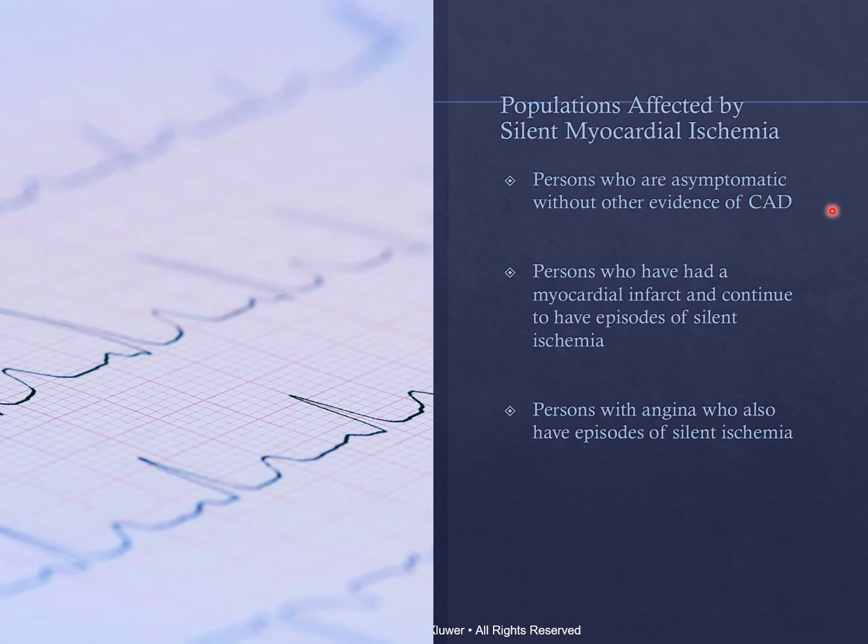And people with angina also have episodes of silent ischemia, meaning sometimes they might experience angina and other times they might have a lack of blood supply to the myocardium that doesn't manifest itself with angina. And so essentially, again, what this silent myocardial piece means is that these patients are experiencing underlying myocardial ischemia. There is damage happening to the myocardium, but they don't experience that sign of